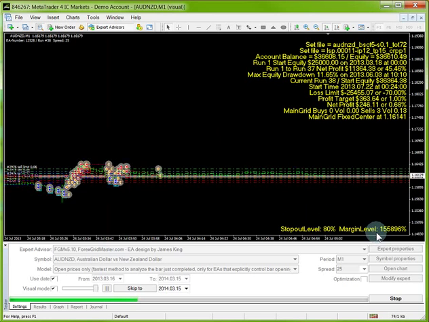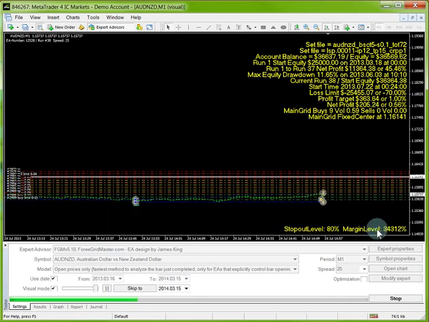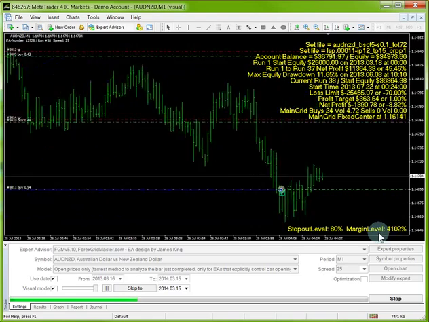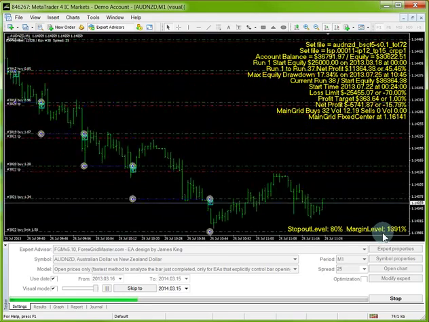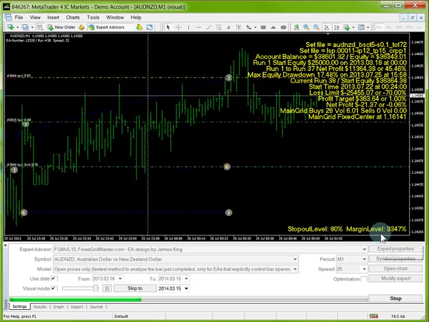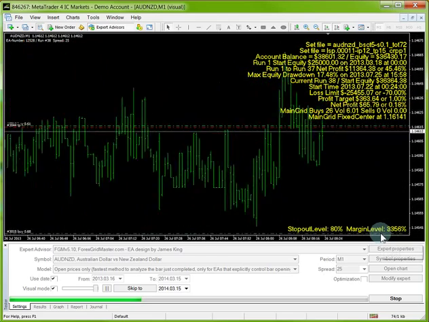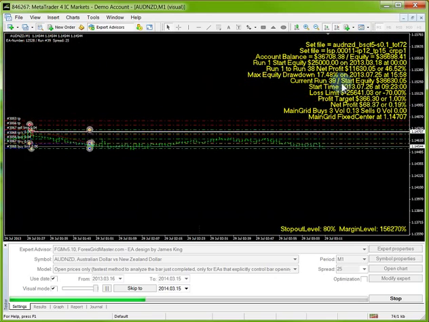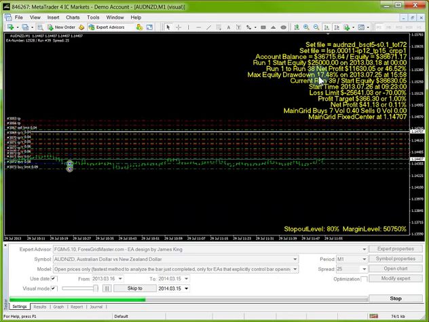Okay, down here, bottom right of the chart, you see our margin level. It's very high. It's 4,000 at the moment. It went as low as 1,400. So the grid is being stretched, but it just got a close run, and the max equity drawdown from that is